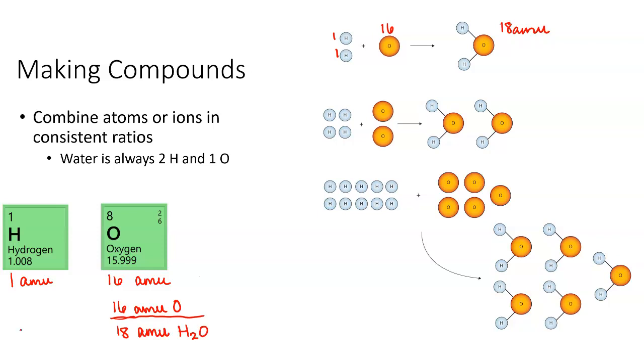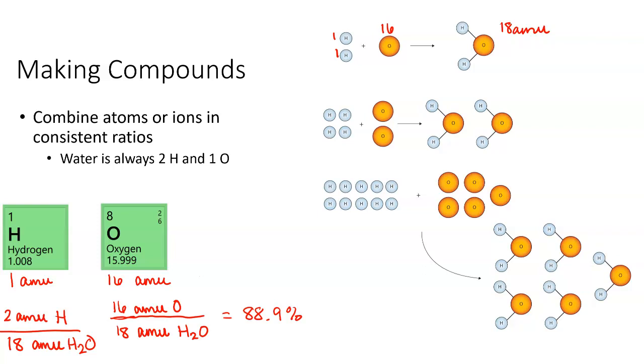And for hydrogen, we have 2 AMU of hydrogen per 18 AMU of H2O. So if you divide 16 by 18, you get 88.9%, which means that hydrogen will be